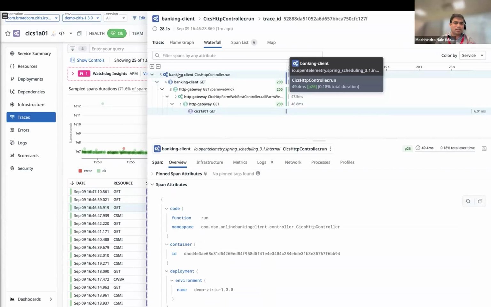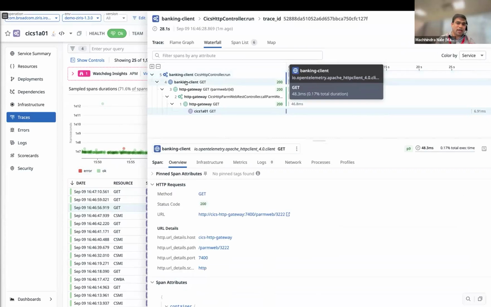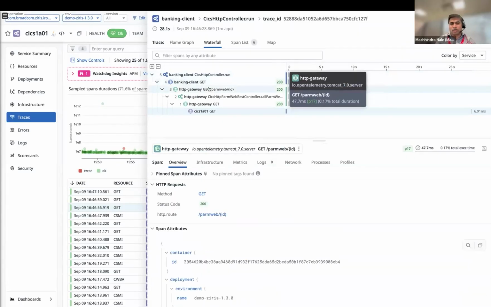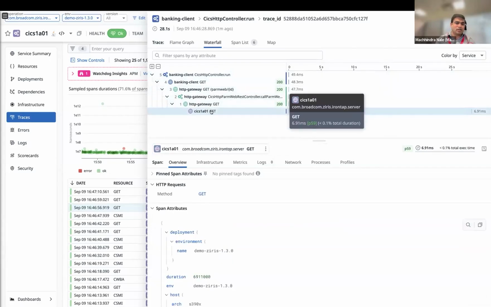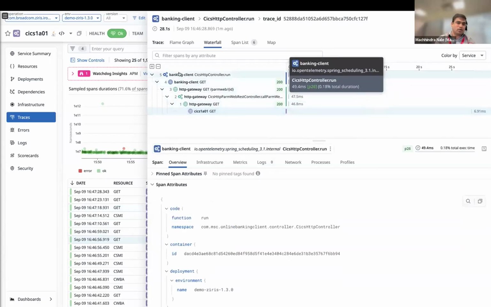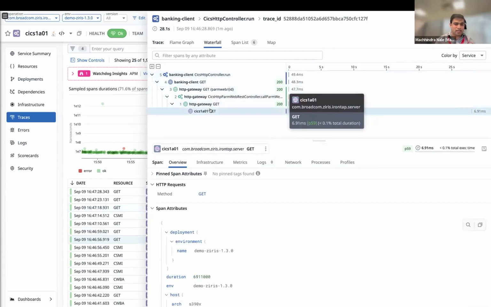This particular transaction originated from the web, and it made a call to the banking client, which is a gate call. It is also making another gate call, and eventually it landed in CICS. So irrespective of the platform, I can see the whole trace, the audit trail of the transaction, starting from the browser till it hit the CICS transaction on the mainframe.